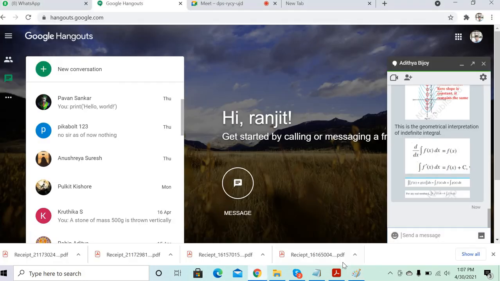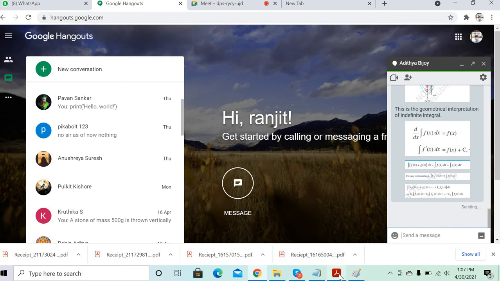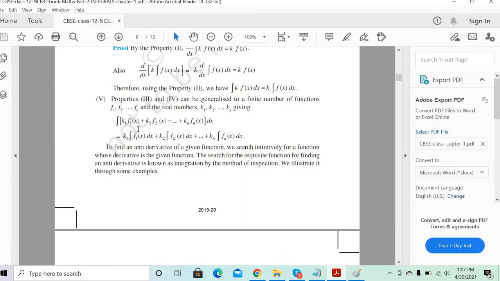Let's focus on this part, Vijay. Now look here, what is that? We have n number of functions, f1(x) plus f2(x) plus f3(x), and so on, each multiplied with k1, k2, k3 until kn. So k is a constant, some value which is independent of x. As per the theorem, we can integrate individual terms, isn't it? When you integrate individual terms, k is the constant, so you can keep the constant outside.